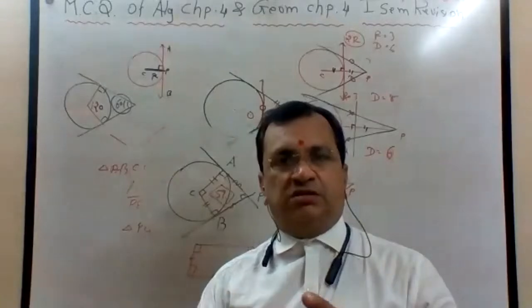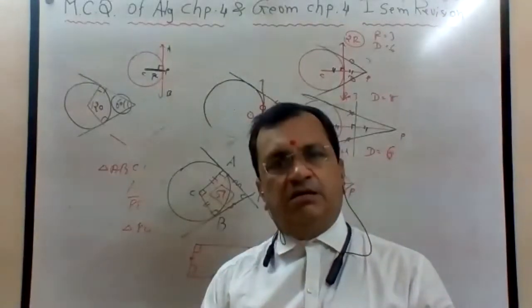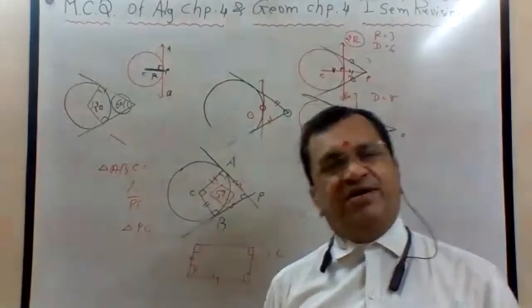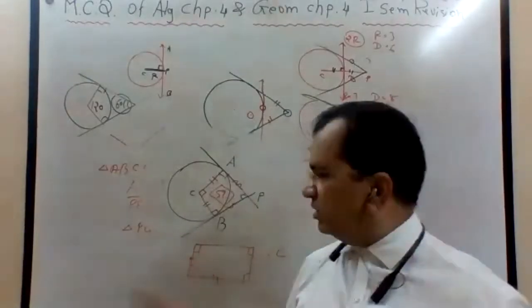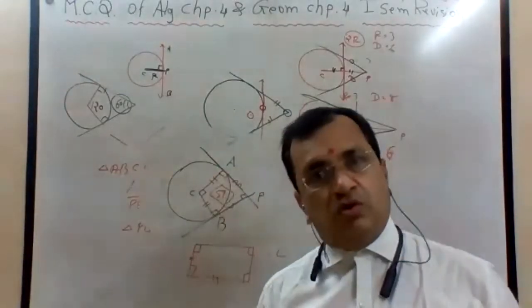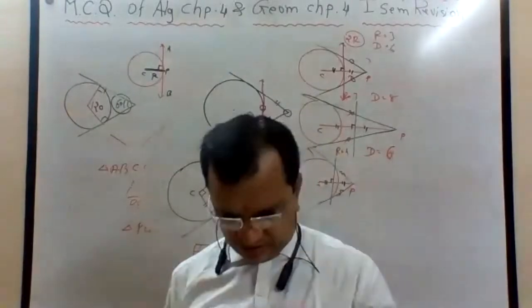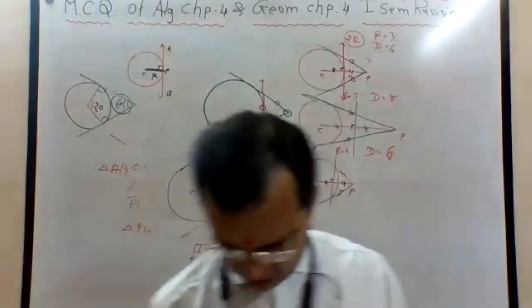So the final answer, if they give three options: rhombus, rectangle, square. If you write that all angles are equal, I will write rectangle. No. If all the sides are equal, I will write rhombus. No. The perfect answer: if all sides and all angles are equal, then it must be a square, not the others.